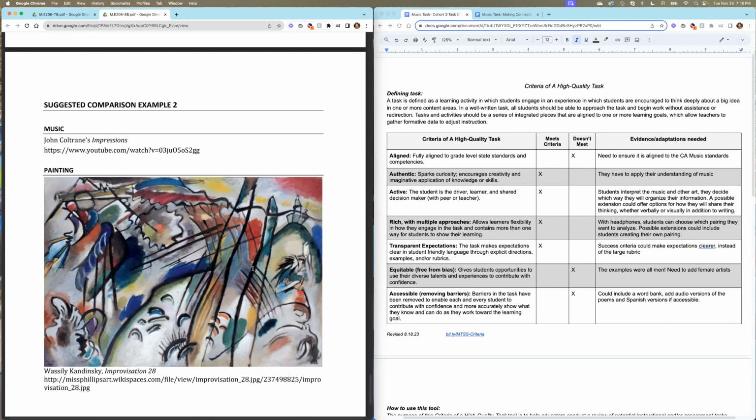It's somewhat active in that they are making a good amount of decisions within it. They are, art is highly personal, and so they're talking about the things that they feel they notice within the music, as well as what they feel and notice within the selected piece of art as well. And I thought about how they could extend this to make it a little bit more active,